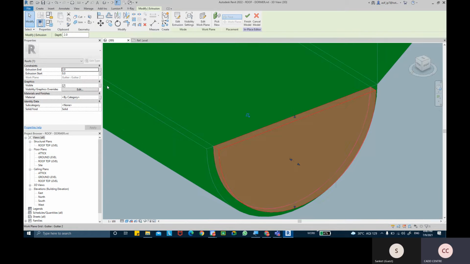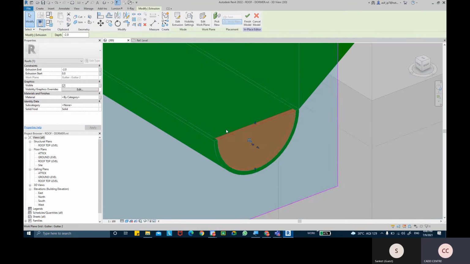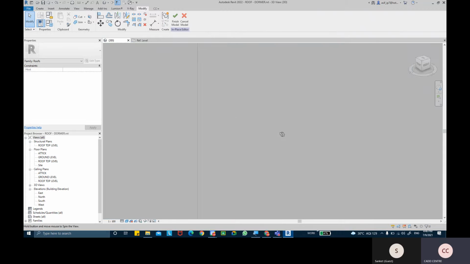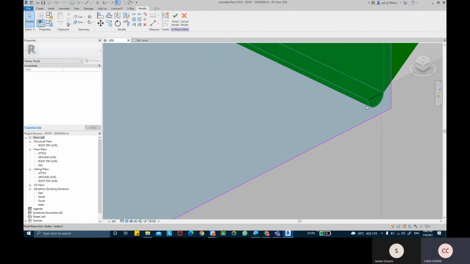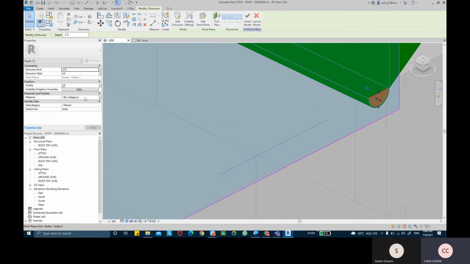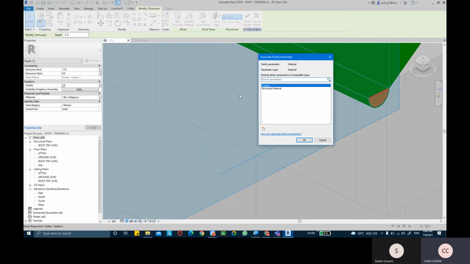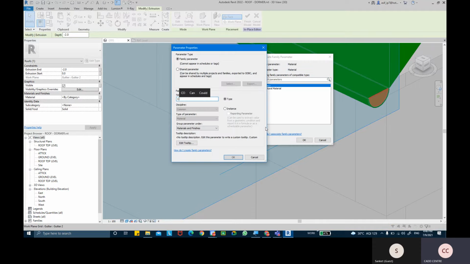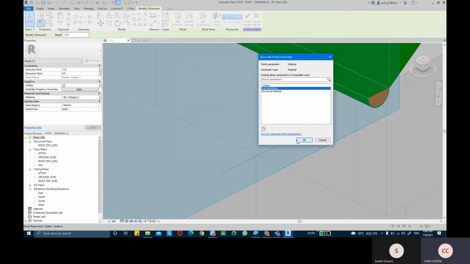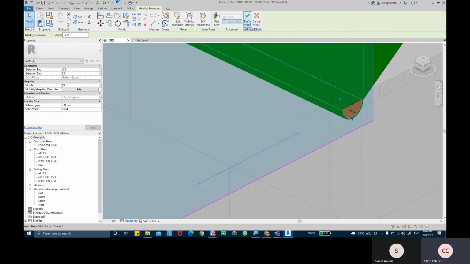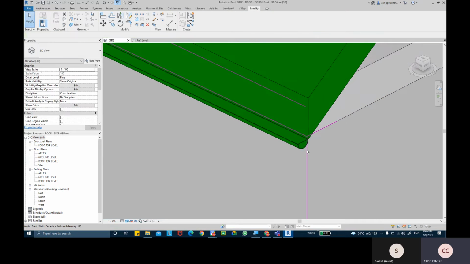It's somewhere basically. And then you can even select that cap, and you can give the materials an associate parameter. And then you can click on finish to complete.